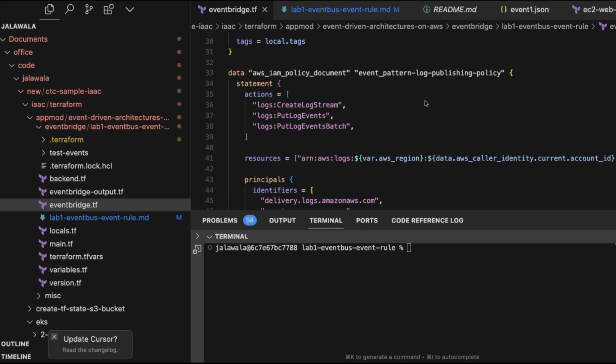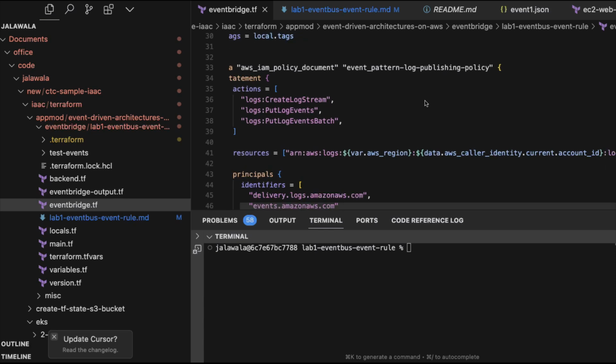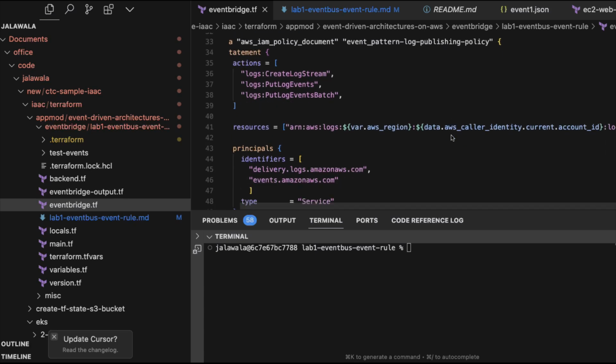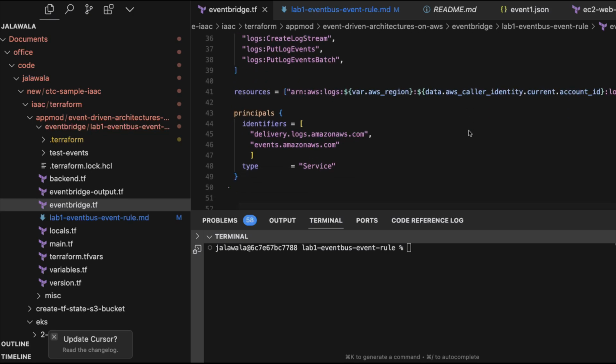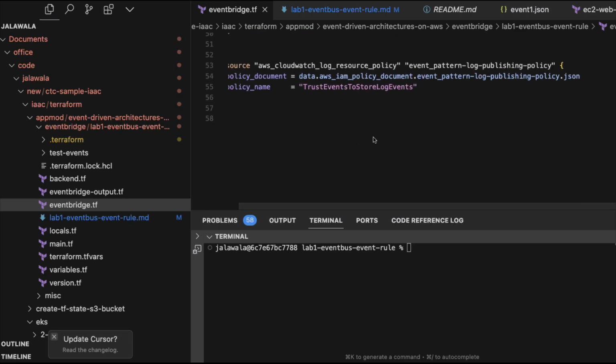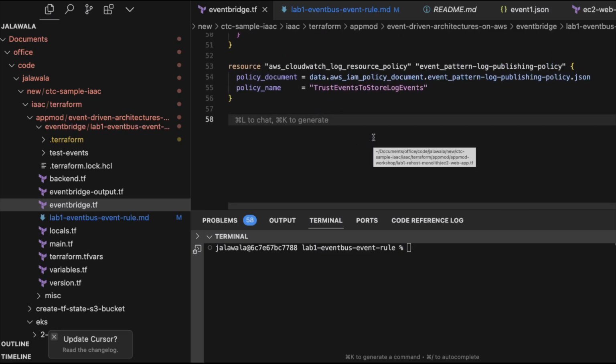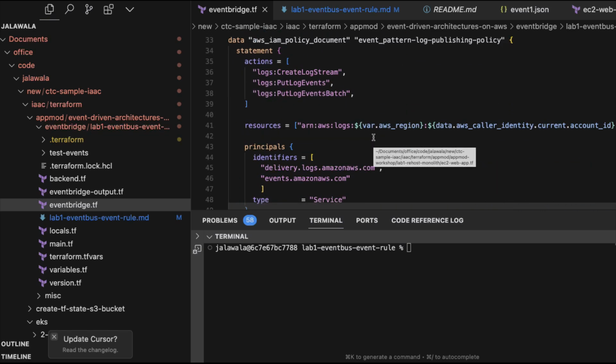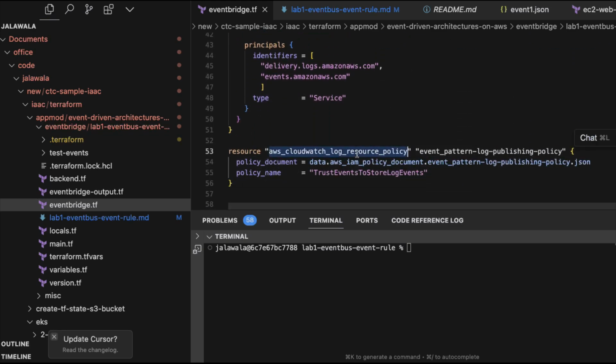So all of these operations have to be performed on the CloudWatch log. Okay. So this is the resource that we have configured, and the principals who are going to send the logs: events.amazonaws.com and delivery.logs.amazonaws.com. Okay, these are the principals who are going to send the events. And this is the IAM policy, and this is where we are creating the resource-based IAM policies